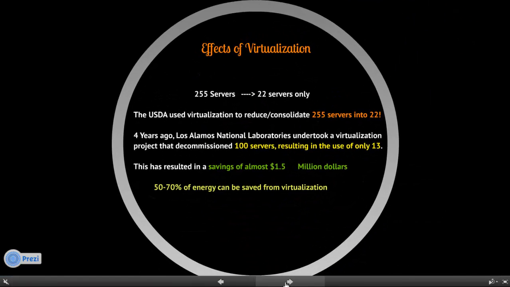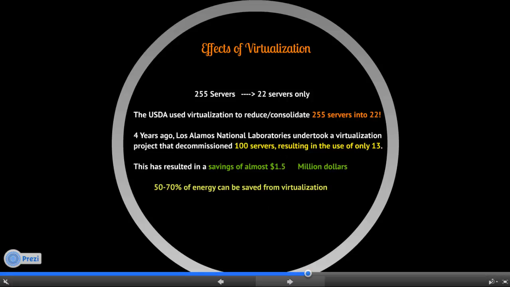I hope you have enjoyed and you have understood clearly about virtualization. See the effects of virtualization. 255 servers can be put in only 22 servers. The USDA used virtualization to reduce or consolidate 255